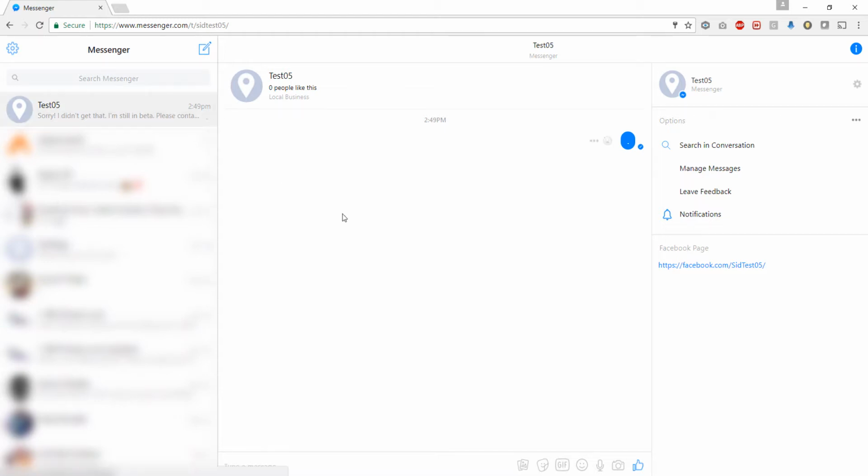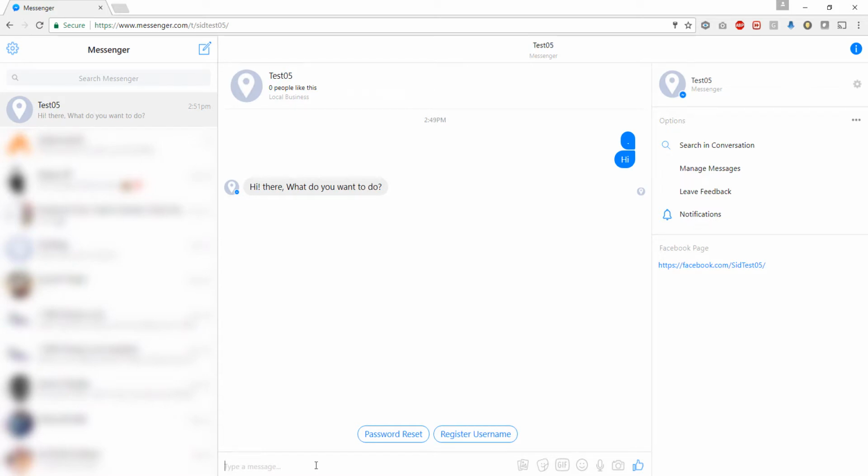Okay, so now I'm clicking on the bot that will be dealing with our password reset. Let us send a hi message to the bot. Okay, so I have sent hi and we have got a response. Hi there, what do you want to do? So it is giving us two options by default: password reset and register username.